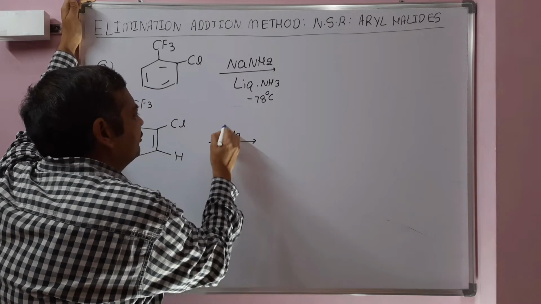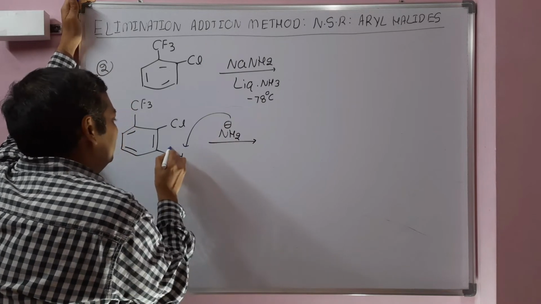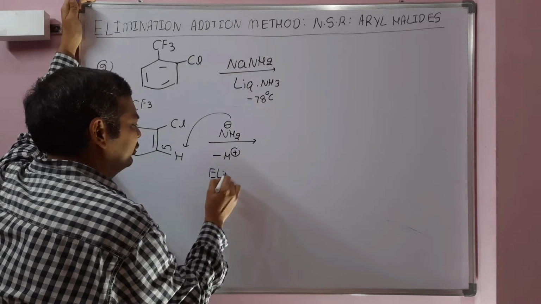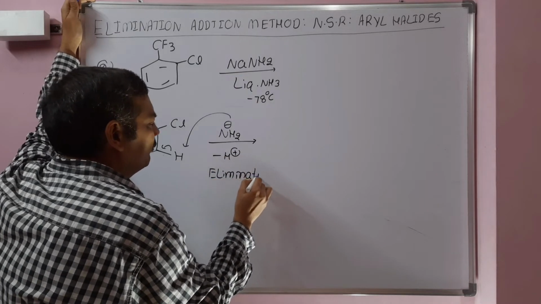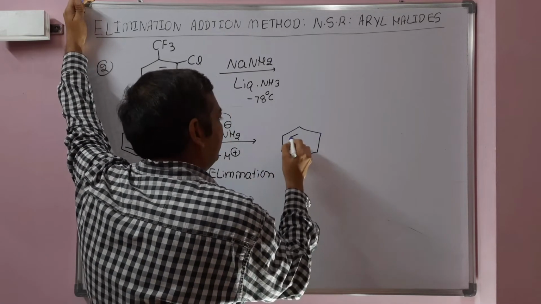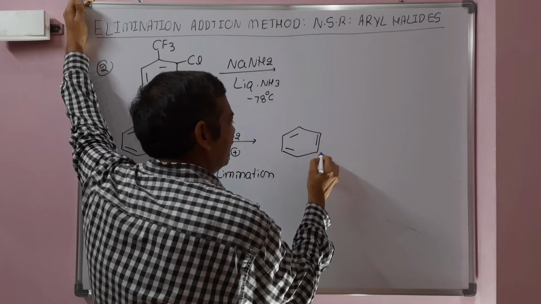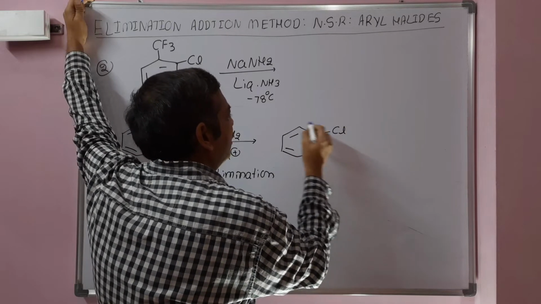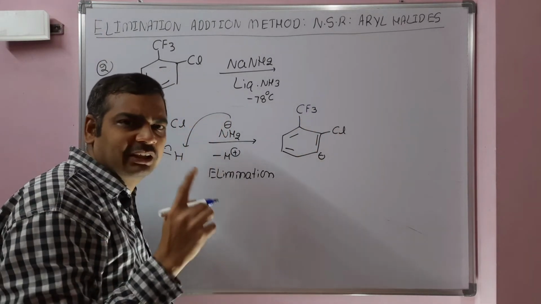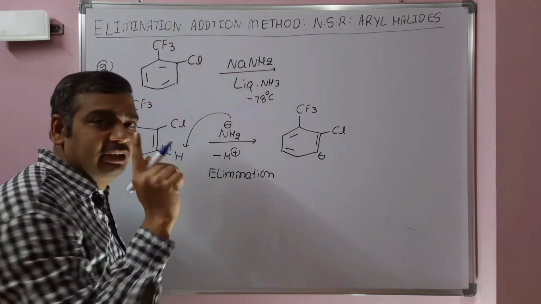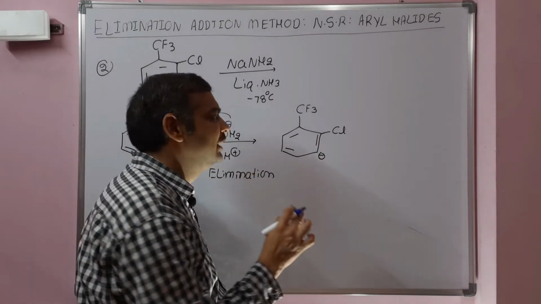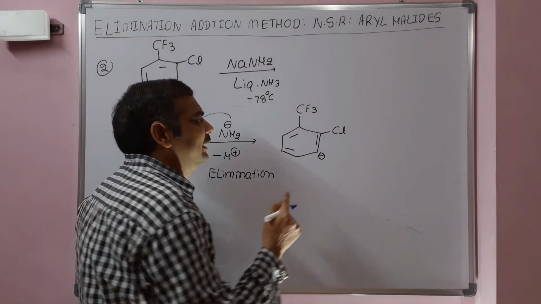So NH2 will abstract a proton, so it is basically elimination. H plus will be eliminated, that's why it is an elimination. The first step is elimination. After elimination, first we will get a carbanion. For one example, we will write the carbanion. From the next example onwards, we will directly write the benzyne. The carbanion is obtained. The carbanion will not be involved in the resonance, whereas the carbanion in addition-elimination will be involved in the resonance. Here there is no involvement of the negative charge in the resonance. It is stabilized only by the inductive effect.